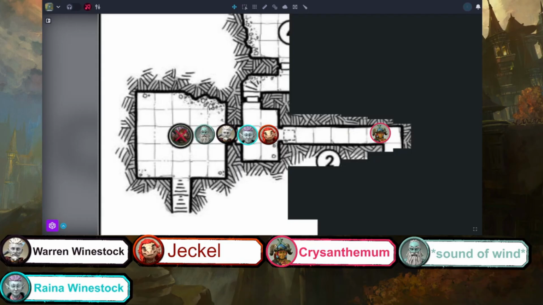Meaning the trap does not work anymore if I take the wand? Correct. Either way, as long as that wand is no longer part of that wall, the trap is disabled.